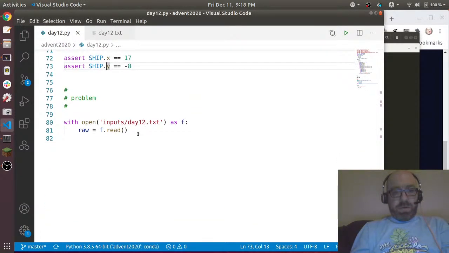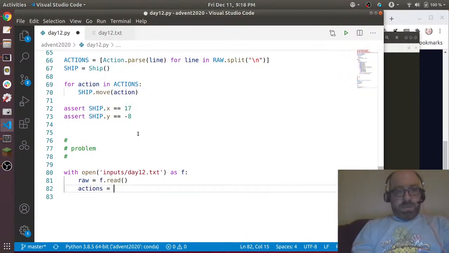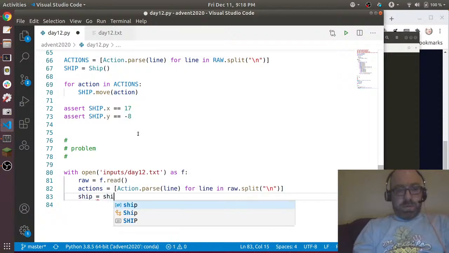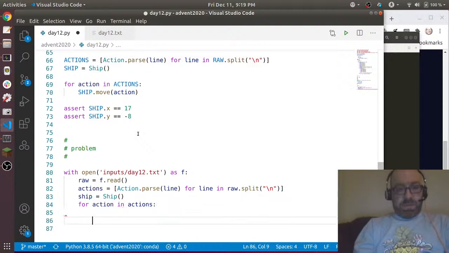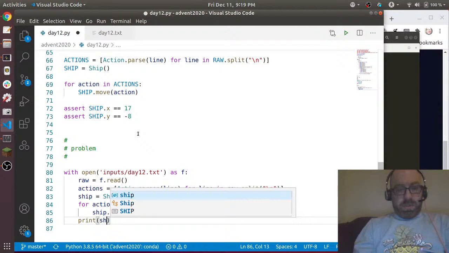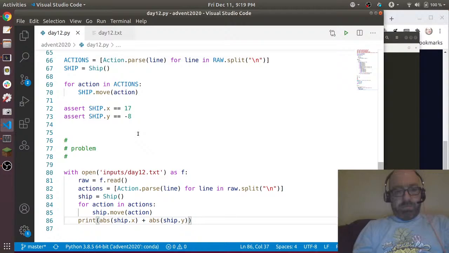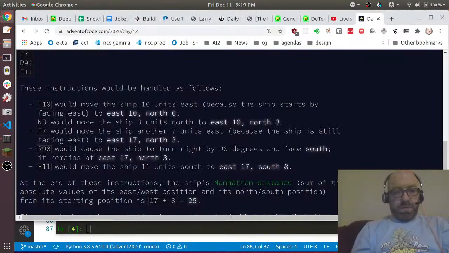And now let's go and do our main. And again, actions equals action dot parse. Maybe I should have made this in a function, but I didn't feel like it. For line in raw dot split on new lines. Ship equals Ship, for action in actions ship dot move action, and then print Manhattan distance will be abs of ship dot x plus abs of ship dot y. Okay, so let us try this. 1482,